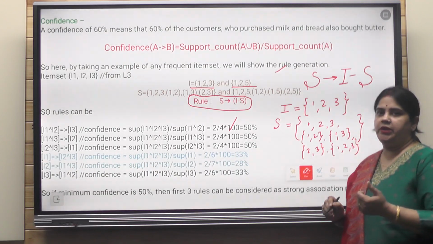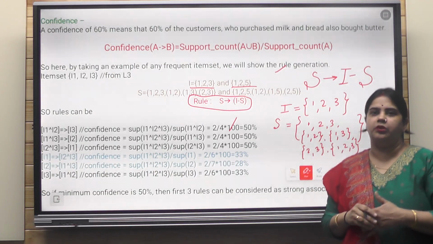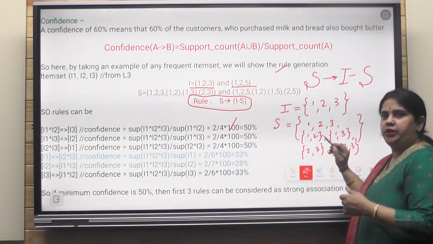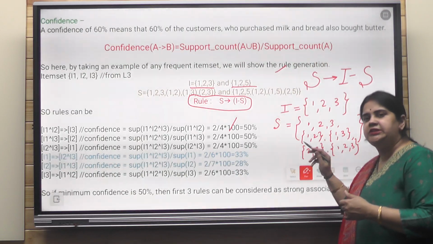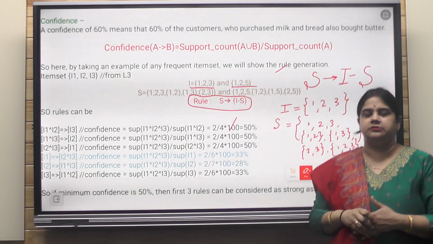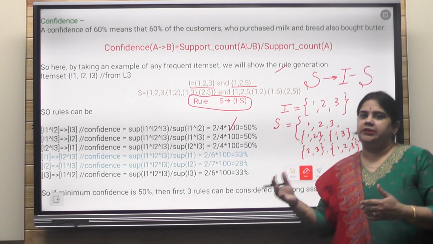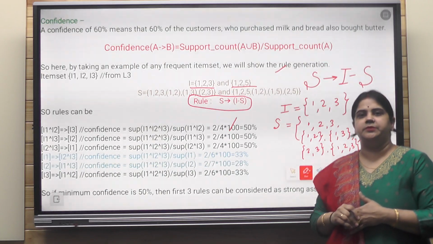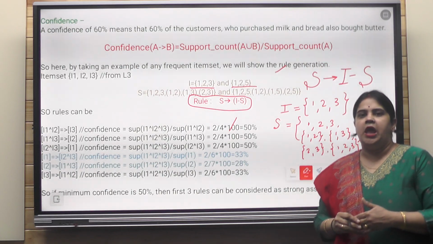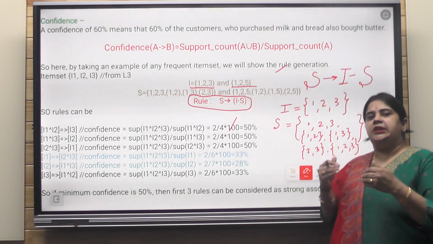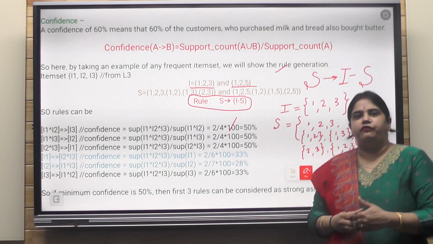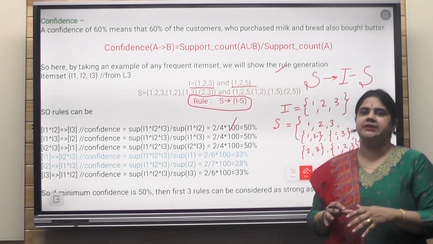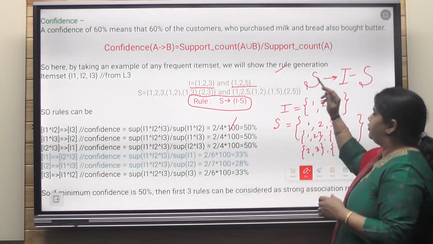Now you may ask how many association rules we are going to create here. For each subset present here, we are going to create an association rule. If that particular association rule does not ensure the 60%, we'll say it's an invalid rule, and any rule that clearly gives a confidence value of 60% will be called a valid rule. That's the clear perspective of this rule.